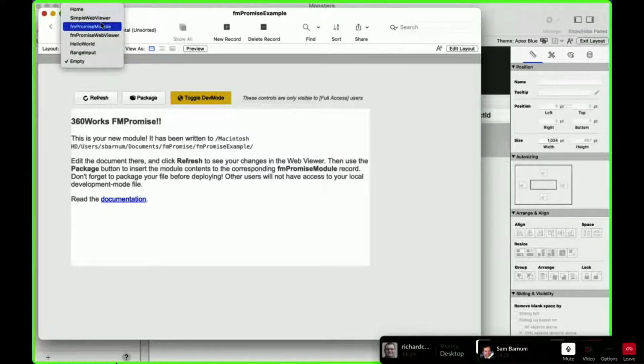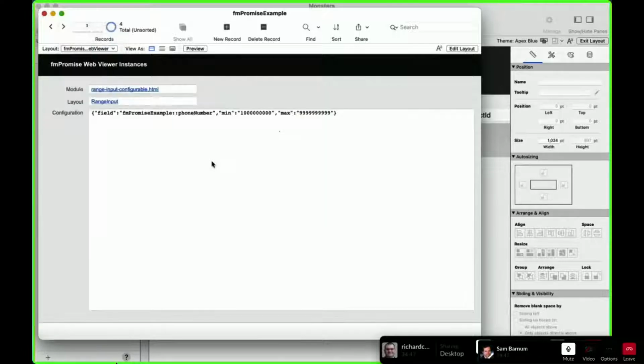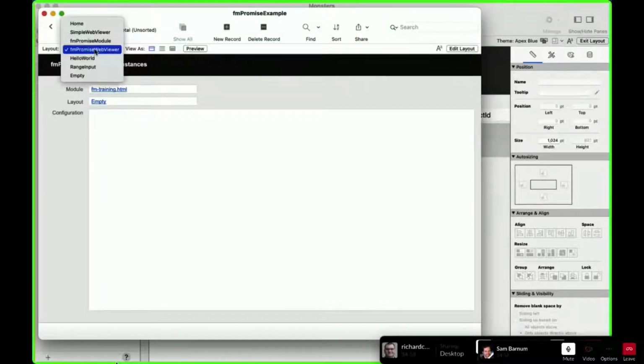The other table that's here is fmPromise web viewer, and basically the module contains the contents of the file. FM training has a record here, and then the web viewer has every instance of that module. So we've got FM training is on our layout called empty, and there's a blank configuration because there is no configuration for this.